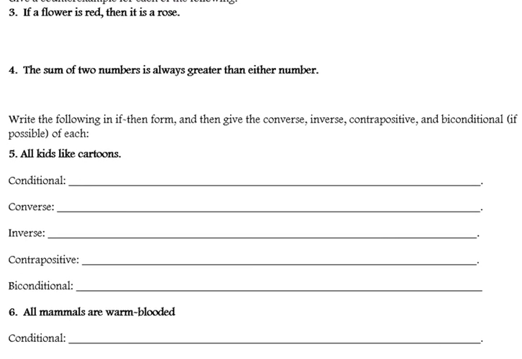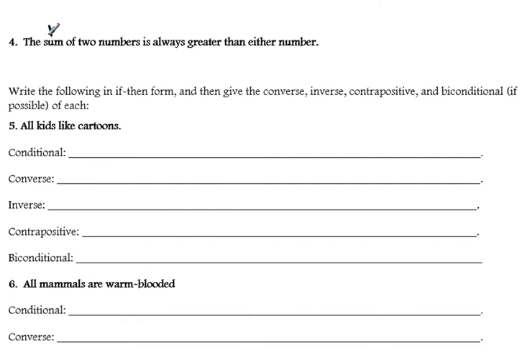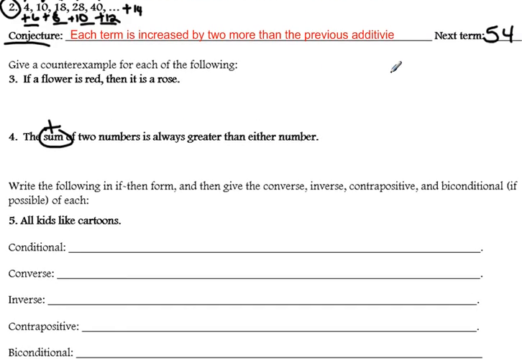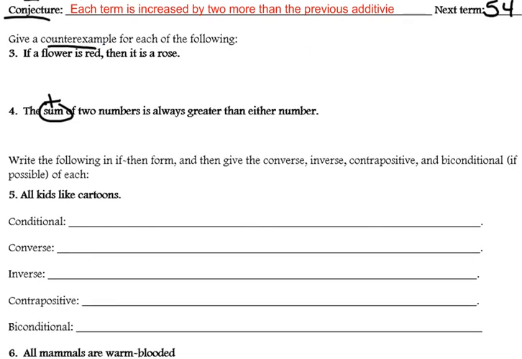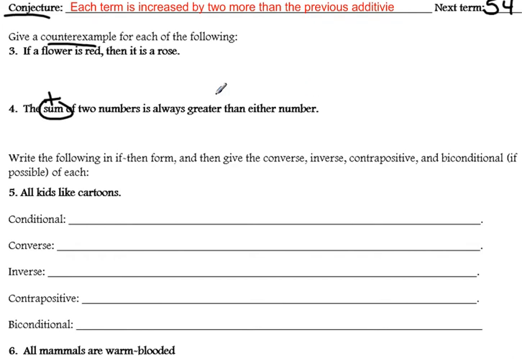Okay, number 4. The sum, remember sum is to add. So if I add 2 numbers, that sum is always greater than either number. Well, for number 4, we're asked to find a counterexample. So I'm trying to prove that this statement is a false statement by providing a counterexample. So the sum of 2 numbers is always greater than either number. So basically that means what 2 numbers can I add together where their sum is going to be greater than